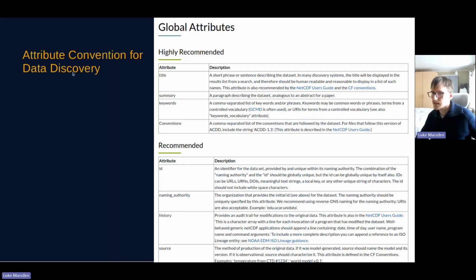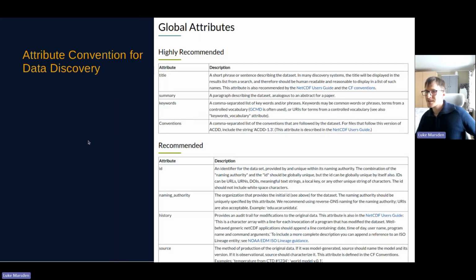Discovery metadata is just metadata that helps someone discover or find the data. It can be things like a bounding box for the coordinates, when the data have been collected, some keywords, and so on. You can read these and choose what to include. But recommendations are not so good for encouraging consistency between data sets. Much more effective if you have requirements.